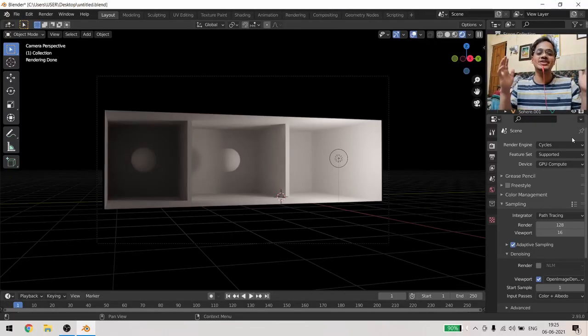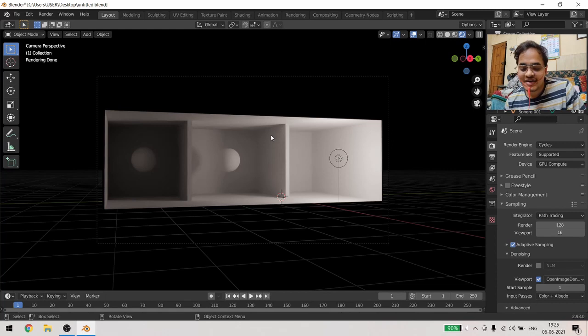Well, let us see what is the next best thing that Blender has to offer us. With that being said, let us see what I have done. I have created a big room inside which there are three smaller rooms, and in one room I have kept the light. The light is being bounced into the second room, and then into the third room. But as the distance increases, the light is reducing. It's a common thing. I don't think I need to explain it to you.